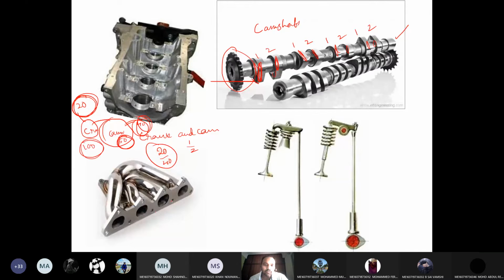You can see this is the manifold. It may be an intake manifold or an exhaust manifold. If you see the cross section of the cam, this is the cam, and these rods are called push rods, and these are all rocker arms. The rocker arm is hinged at this point. If this projection hits this one, what will happen? At this portion it will be raised, and at this portion it will be lowered because of the hinge.